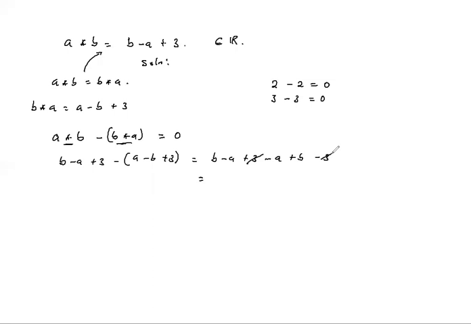Then we have B plus B, which is 2B, negative A, which is negative 2A, and this is 2B minus 2A, which is not equal to 0. Okay? For as long as B is not equal to A, we won't get 0 here. And we haven't been told that A and B are the same. So, what are you going to say? So say hence, star is not commutative